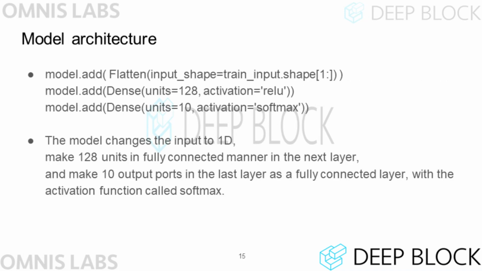Let's look at the structure of the model. The model gets an MNIST image of 28 by 28 pixels. Therefore, the data input in the flattened layer of the model is converted into one-dimensional data. One-dimensional data goes into the next dense layer, and the activation functions of this layer are defined as ReLU, also called rectifier. Finally, the outputs of the rectifier function become input of 10 activation functions. And you can see that the activation function of the last layer is softmax.